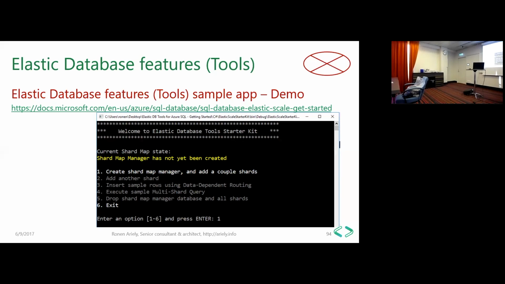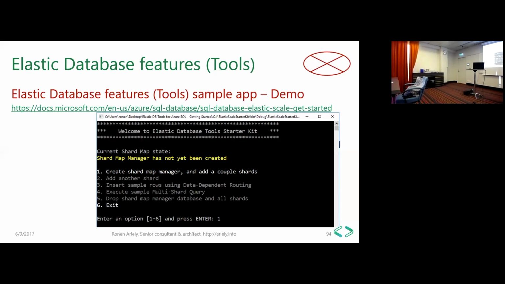After this is created, which takes a long time because it creates all the architecture, option 2 is add another shard. If you click 2, you will have an option to select what range you want to store in the new sharded database. So when you click it, it will add another database to the shard set.